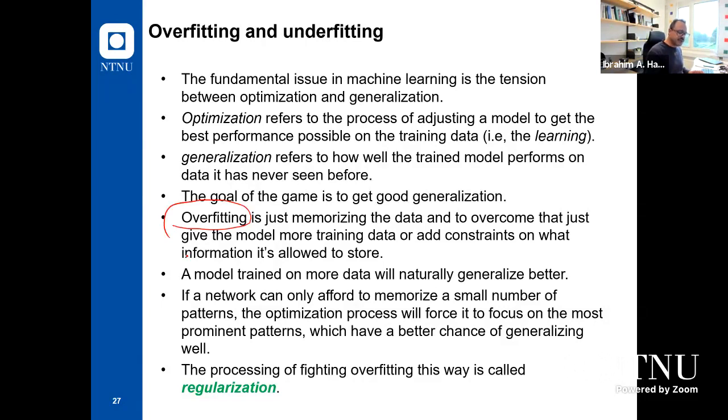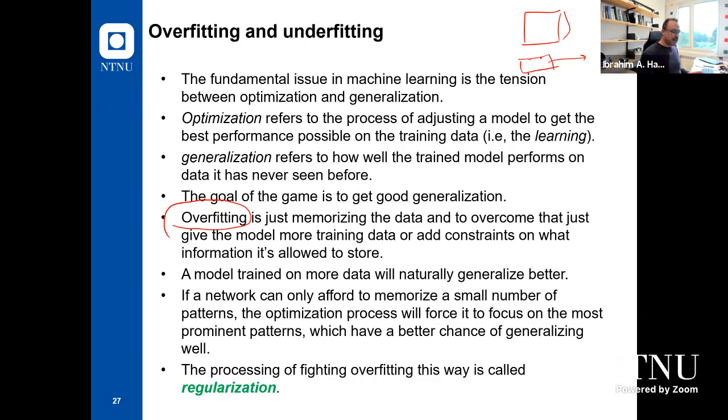Generalization is very important, and it refers to how well the trained model performs on data that it has never seen before. In machine learning, we divide the data into one set for training and one set for testing, for example. The one for testing, we call it hold out. We keep it away for testing the system. And it's important because from the accuracy of training and the accuracy of testing, we can decide